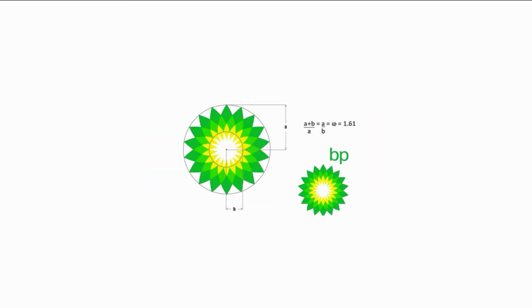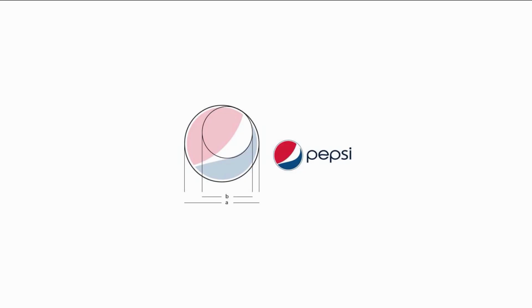In the BP logo, we see 2 different size circles borrowed from the golden ratio. A and B denotes the radius of these 2 circles, which contains the starburst and circular leaf arrangement. The National Geographic logo is very simplistic and primitive, yet sure enough it employs the golden ratio. The ratio of the height, marked A, in relation to the width, marked B, gives the golden number 1.618. In a similar manner to the BP logo, the Pepsi logo uses only 2 circles from the golden ratio,